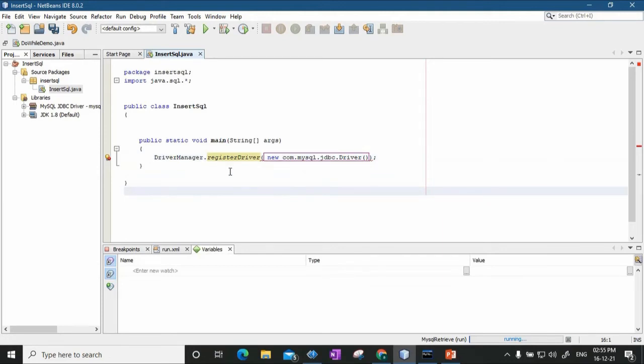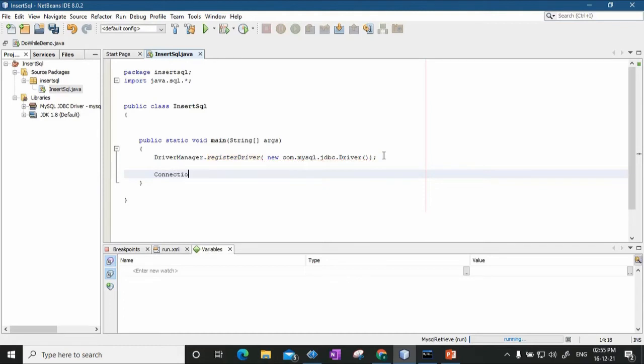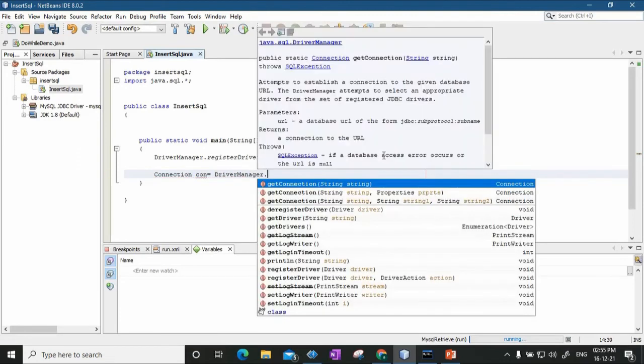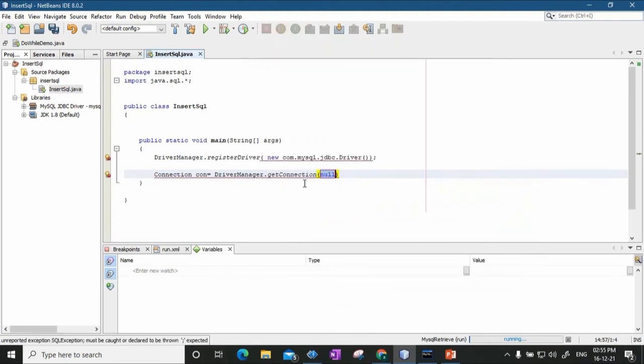Next we have to establish the connection. So I will write the code here. Connection con equal to DriverManager.getConnection. In this getConnection method, you are going to specify the string: jdbc:mysql://localhost:3306/test1.